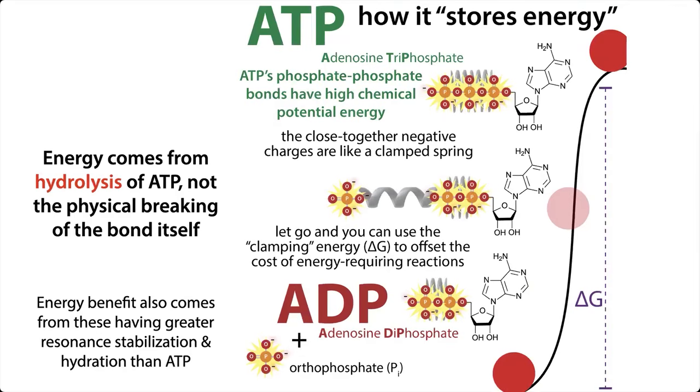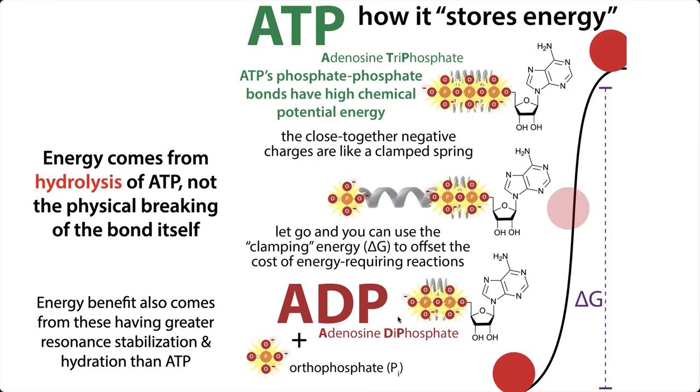One is charge release. You have these 3 negatively charged phosphate groups held together, kind of like a clamped spring. So you've got a lot of repulsion between those negative charges. When you hydrolyze it, you're going to basically unclamp the spring. If you were to take an actual physical spring with a clamp on it and then let go, the spring would bounce out, and maybe you had a ping pong ball at the end and it would shoot the ping pong ball across the room. Similarly, we get this release of the charge repulsion when we hydrolyze that bond.